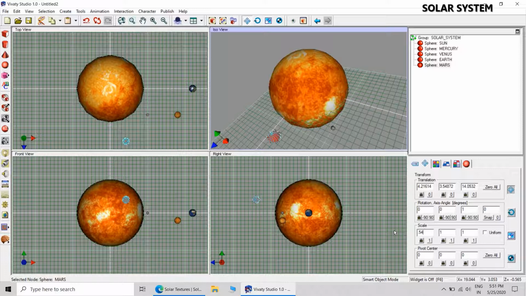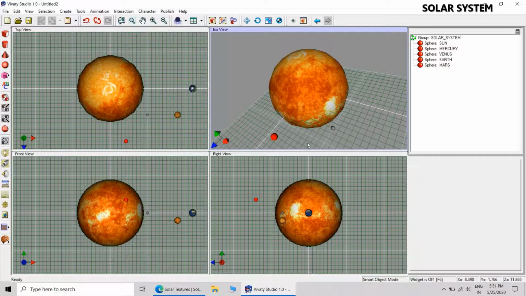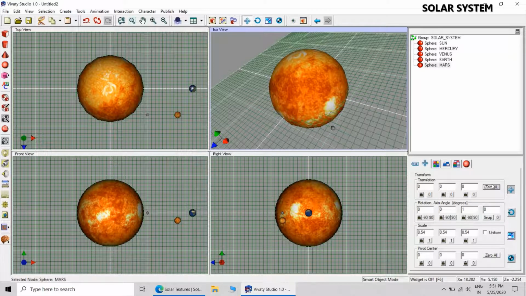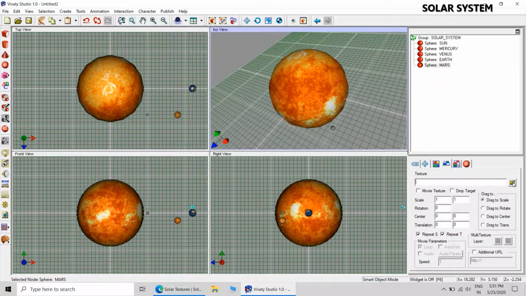Of course, you have to check the uniform checkbox, uniform option, and prior to placing the Mars at appropriate position, bring it to absolute 0, 0, 0, and then give the appropriate coordinates. That will decide the exact and accurate position of the Mars relative to Sun. 22, 1.5 and minus 25 on z.